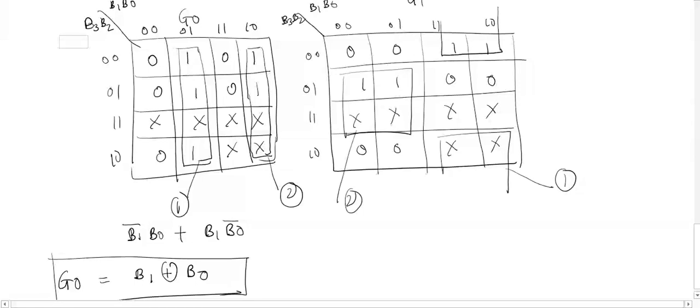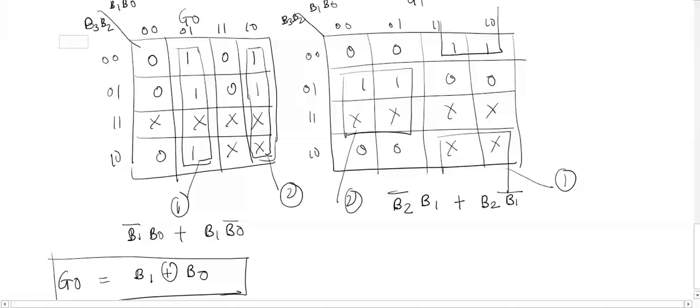Now for the expression of G1, group number 1 is representing the values where the common value is B2 bar and vertically it is B1, plus group number 2 represents the term where the common value is B2 and vertically it is B1 bar.